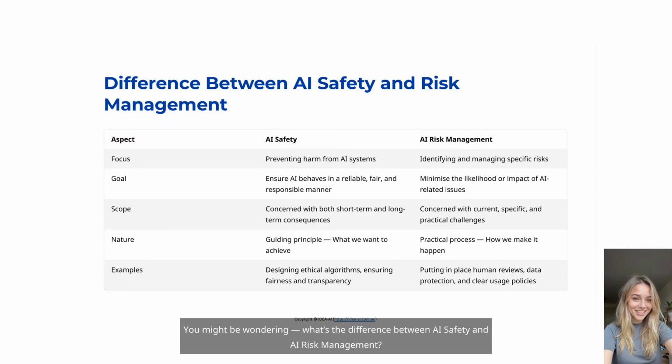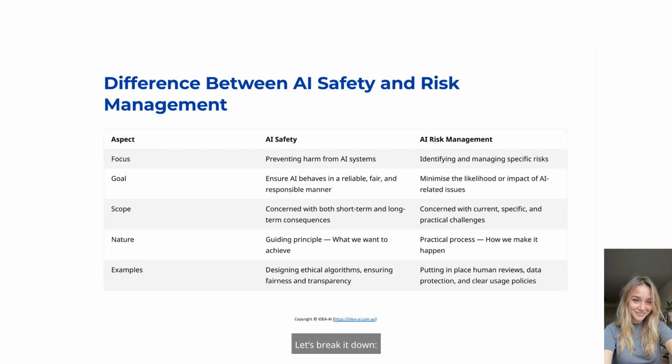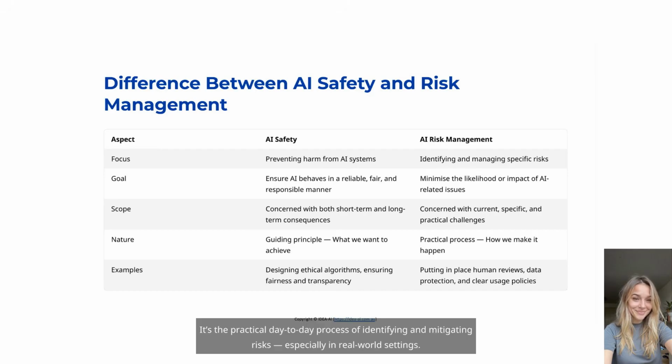You might be wondering, what's the difference between AI safety and AI risk management? Let's break it down. AI safety is a goal. It's about ensuring AI systems are designed to be reliable, ethical, and fair. It includes long-term considerations like bias, justice, and trust. AI risk management is how we reach that goal. It's the practical day-to-day process of identifying and mitigating risks,